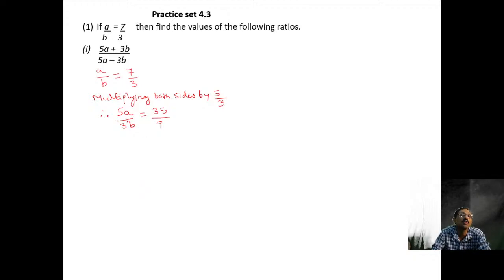What can we use from the operations of ratios? Can we use 5a plus 3b upon 5a to get this? Can I use componendo? Can I use alternando? Can I use dividendo? Can I use componendo and dividendo to get this? So, using